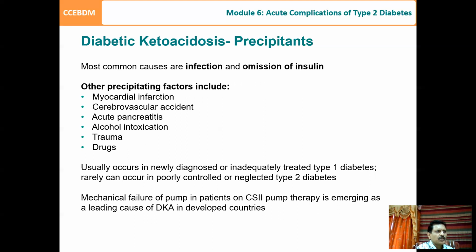So coming to the precipitating factors for the development of diabetic ketoacidosis, the most important precipitating factor is infection. And the second most important,